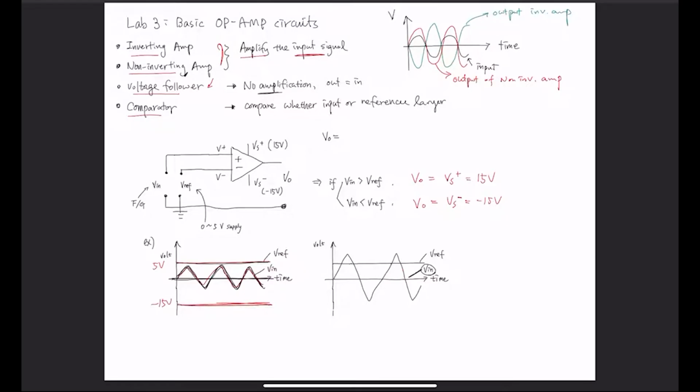But if you have increased your input slightly so that some portion sticks above your reference, 5 volts again, then your output is going to look like